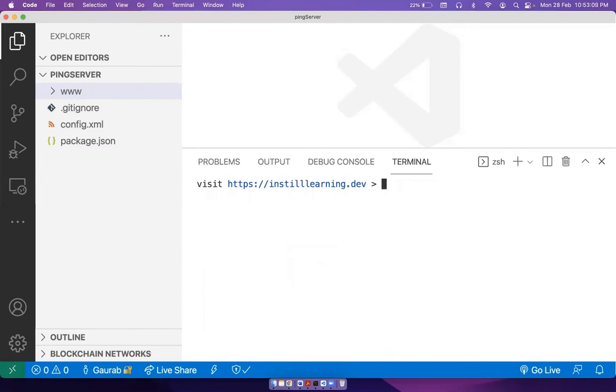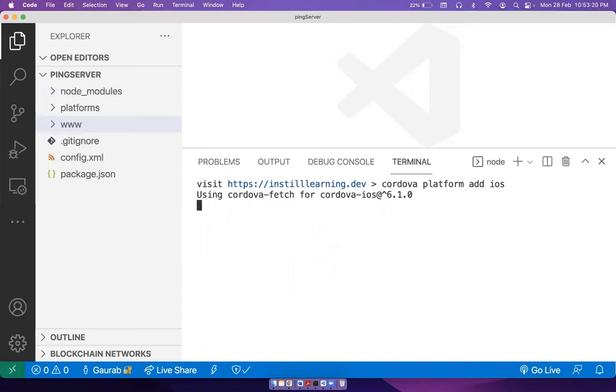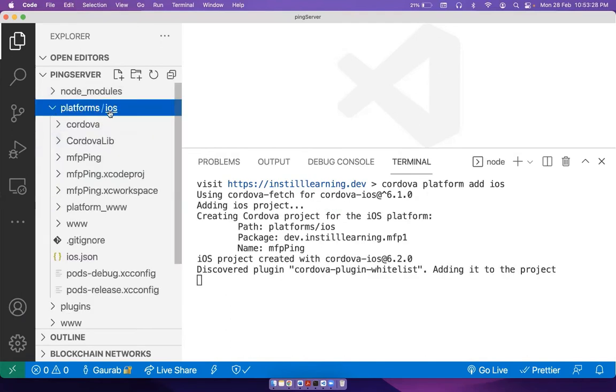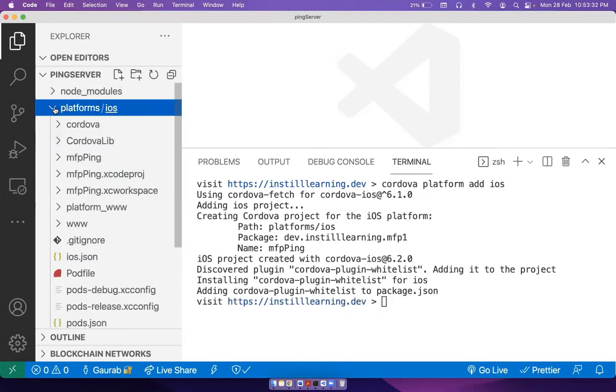Then I will add the new platform. So cordova platform add ios. I'll use iOS right now. As you can see, some new node module files have been added, and one platform folder has been added, and in the platform folder iOS has been added. Okay, so what you can do is go to the folder where the project is stored. In that you have to double click on this file,